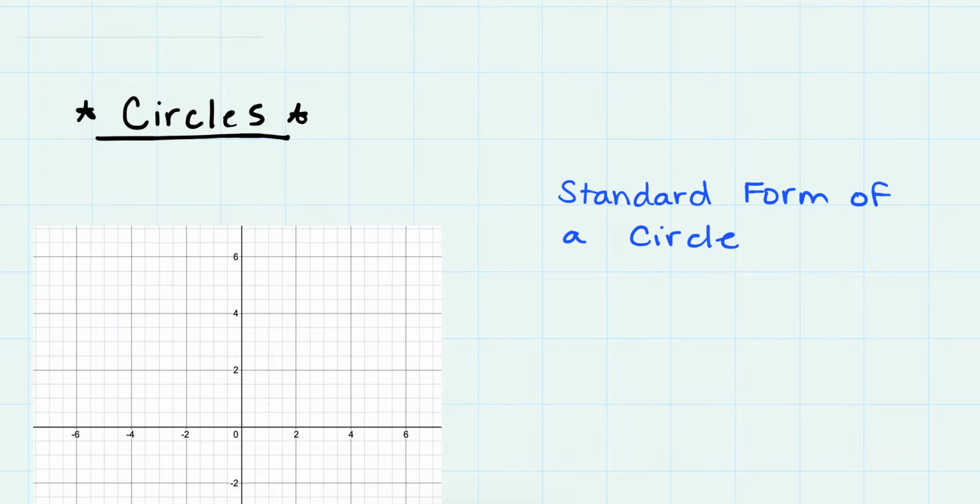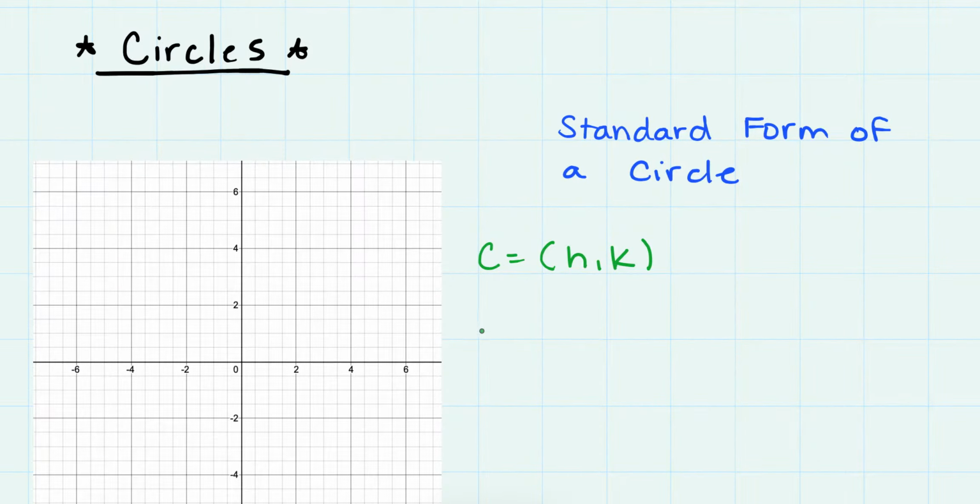Let's talk about circles. For every circle, you're going to have a center, which we will label as C, which is a point in the plane, and you're going to have a radius, R. And to make a circle, you take your center. For example, let's say the center is the point (2, 2)